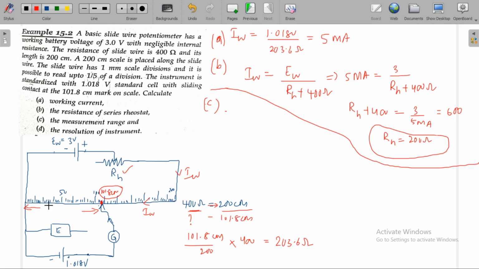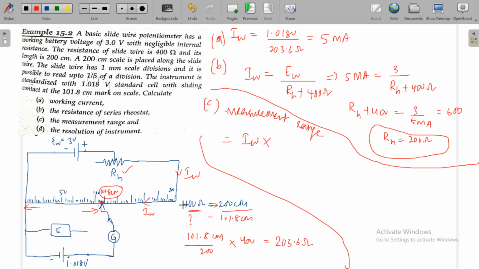Maximum voltage to be measured. So here, the working current is 5 milliamps. So the measurement range will be equal to working current